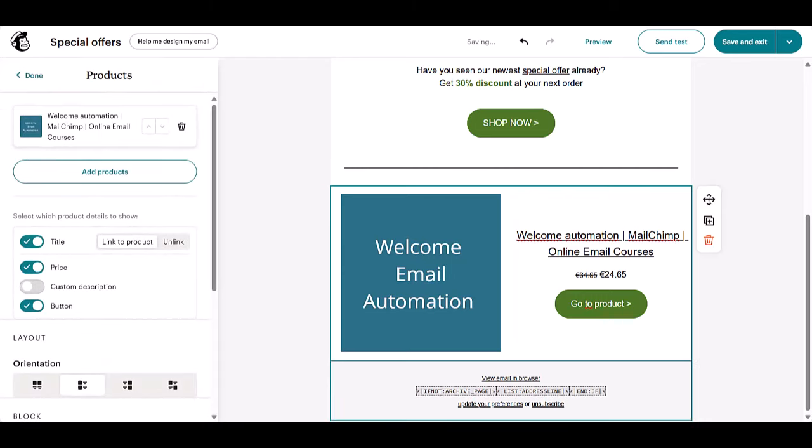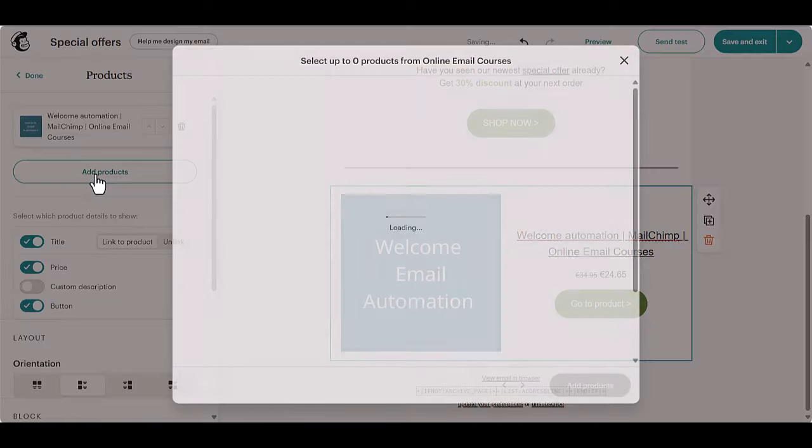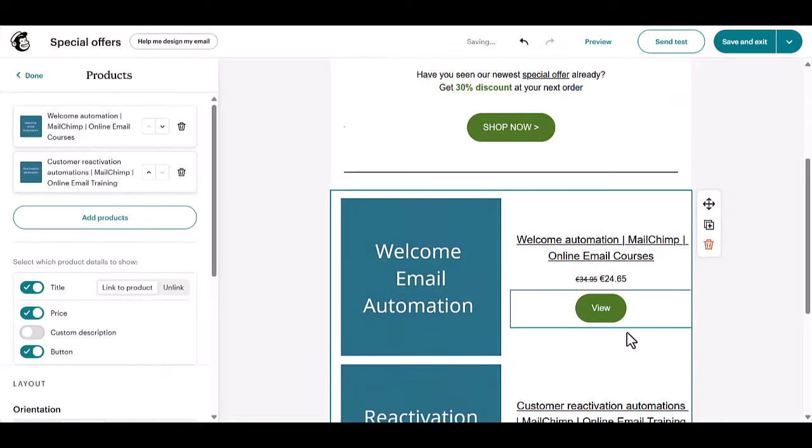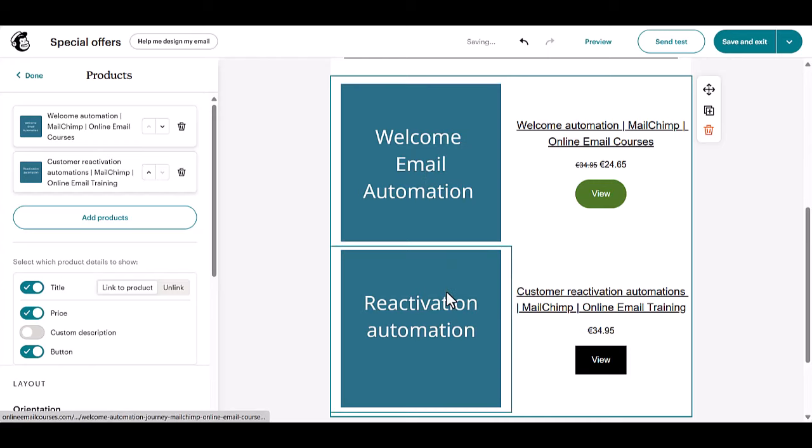Okay, nice, one product, but I want to have two products. You just click on the container again. This is the first product on the left side. Below, you can see there is a button Add Products. I will add products, and I want to have the customer reactivation as well. Add product, and below the welcome automation is now the reactivation